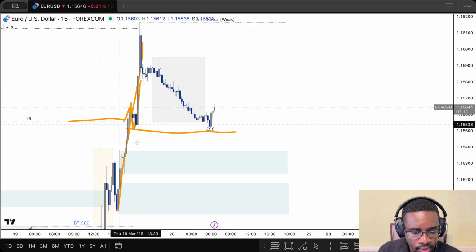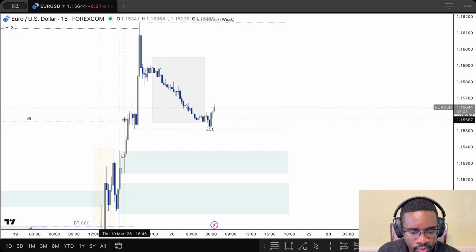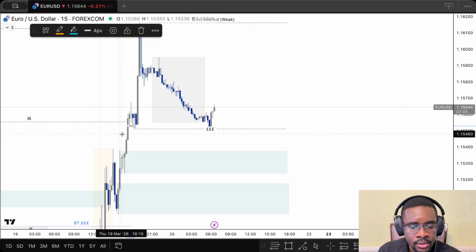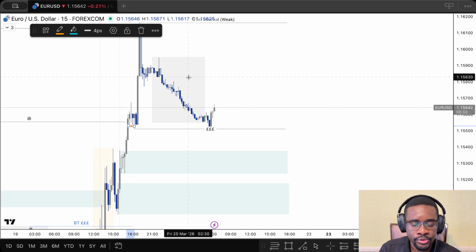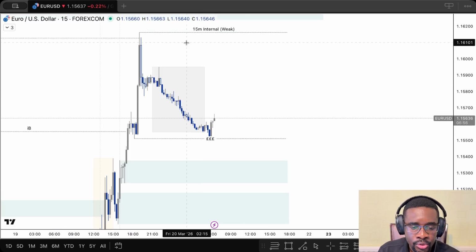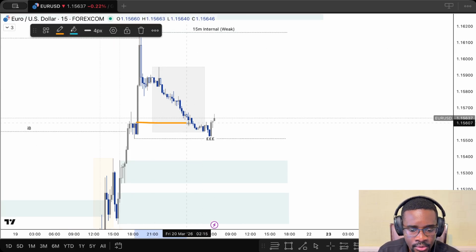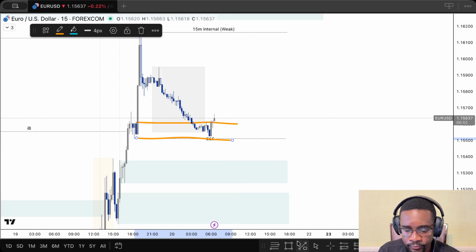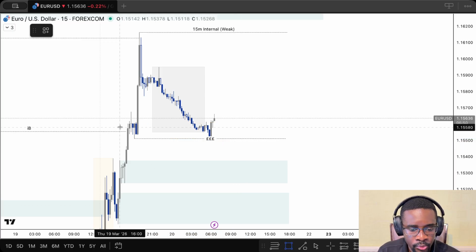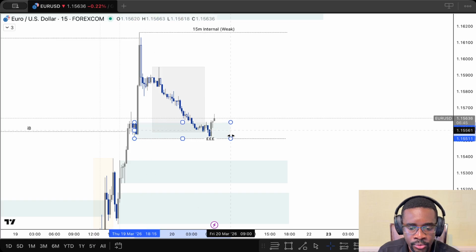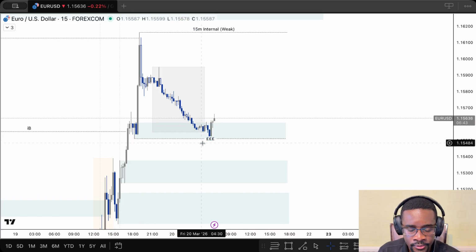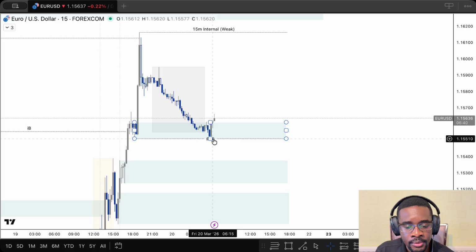All right, that is an area that has swept, that took liquidity down there, and then led and pushed up strongly again. All right, so that could mean that this is holding. So let me mark it. So that could mean that this might actually hold, and right now price has respected this demand,